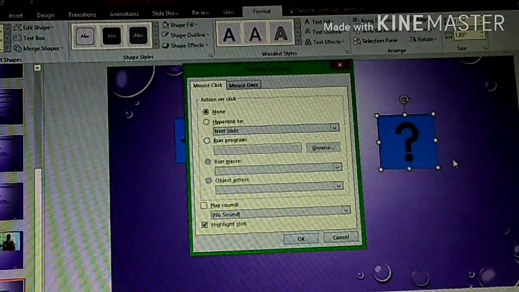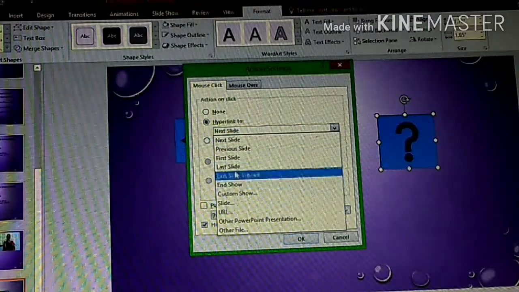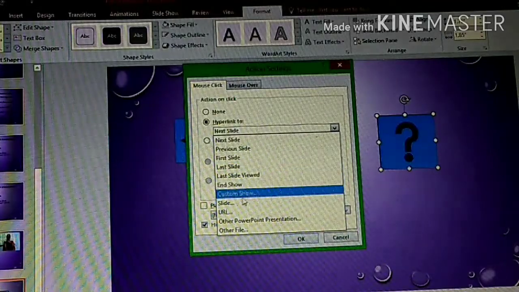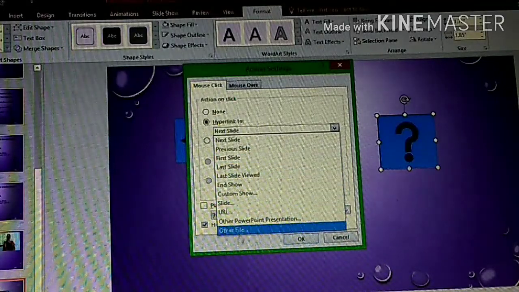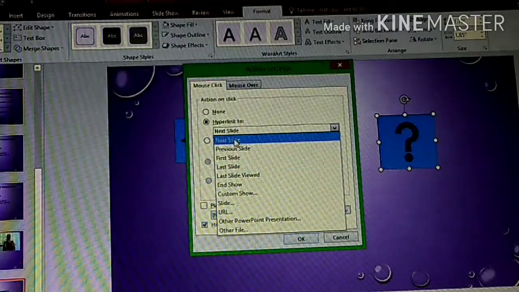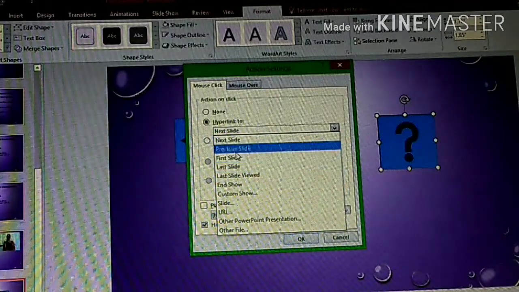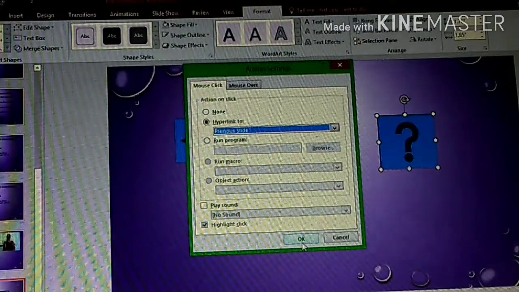Drag and insert the action button. It will ask you for the action settings. You say hyperlink to, and select any hyperlink. If you want, you can even take it to another PowerPoint file. You can take it to the previous slide, next slide, whichever you want. So I will take just the previous slide and I'll say OK.